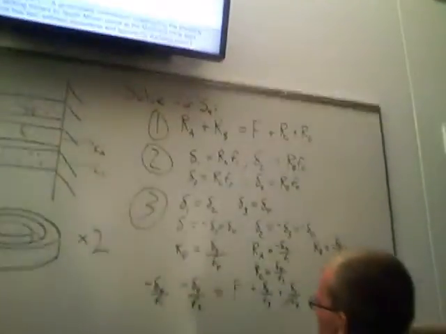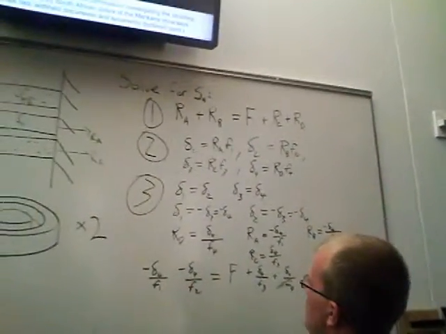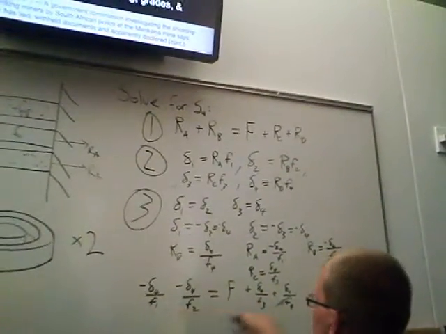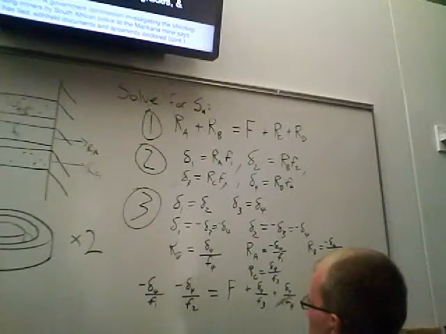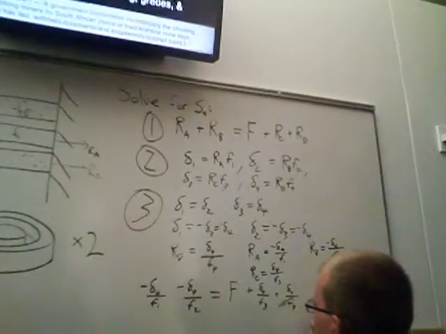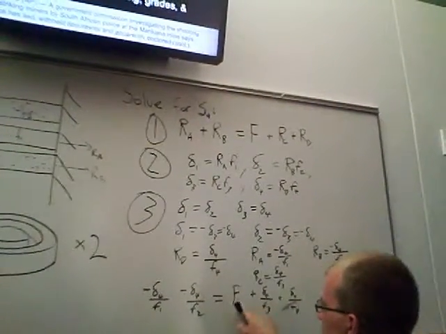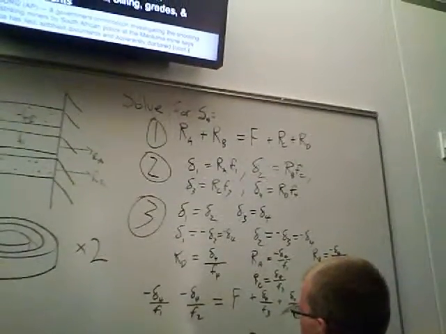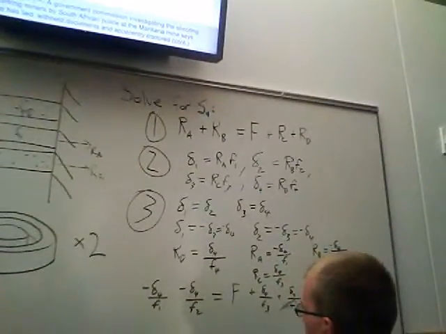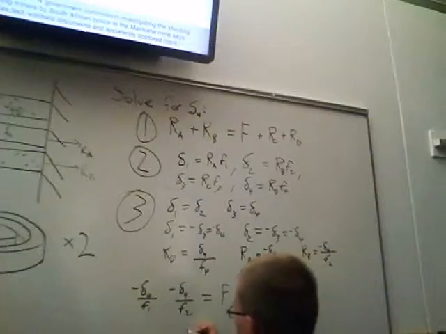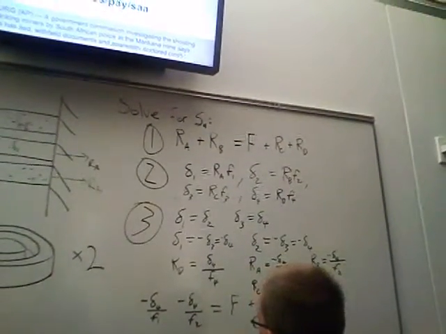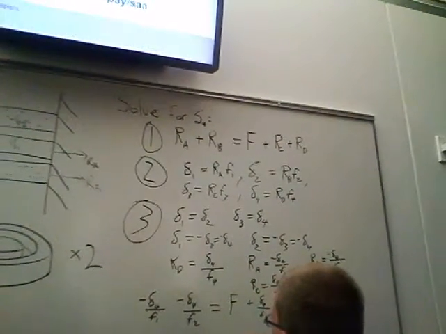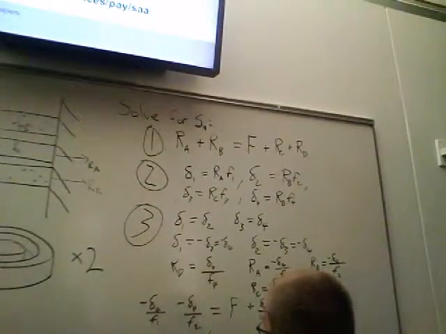All right, so all that's left to do is we know all of these other values except for delta 4, so we're going to add these over here and move the force back over here. So we got negative F times